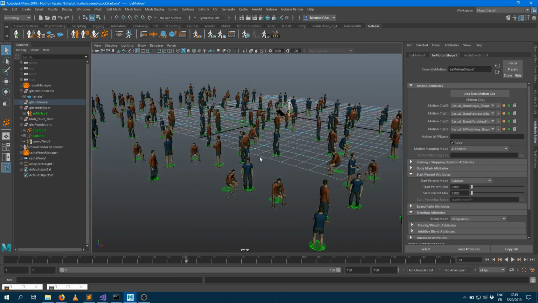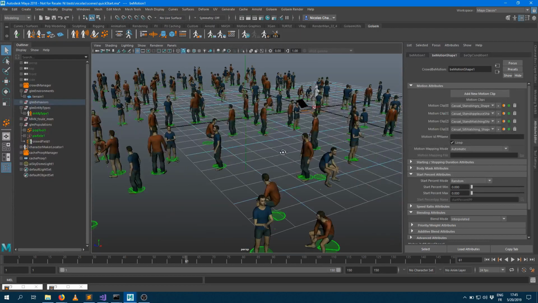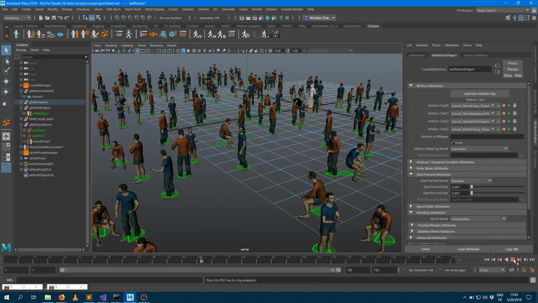Even if there are 4 animations, you can still see that while the animations are really recognizable, the characters are moving the arms at the same time here. So if you want to have something more organic, you can go into your motion behavior here and change the start phase, so at which frame the animation should start. It's between 0, the beginning of the motion, and 1, the end of the animation, so it just allows you to play any frame of that animation.